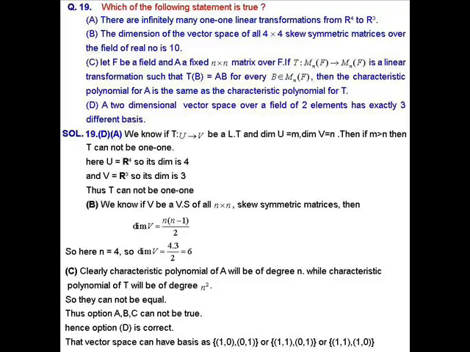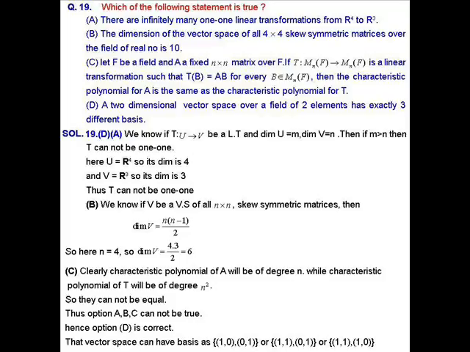Let n equal to 2, that is, A is a 2 cross 2 fixed matrix over the field F, and M_2(F) is the set of all 2 cross 2 square matrices over the field F. Okay, now we'll find the matrix representation of T with respect to the standard basis of M_2(F). Then we'll observe that the matrix representation of T is nothing but a 4 cross 4 matrix. So the characteristic polynomial of T has degree 4, while the characteristic polynomial of A has degree 2 because A is a 2 cross 2 matrix. So here the characteristic polynomial of A is not equal to the characteristic polynomial of T. That is, in general, this is also not true.